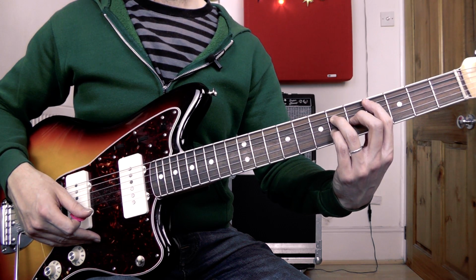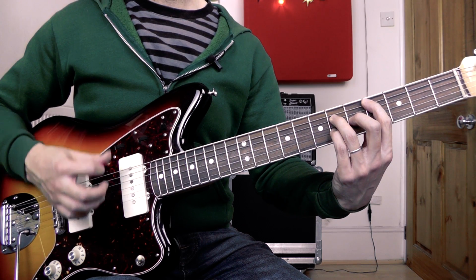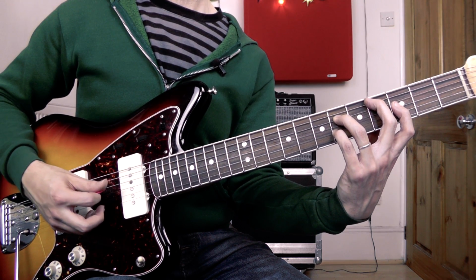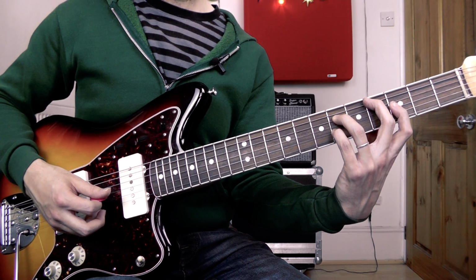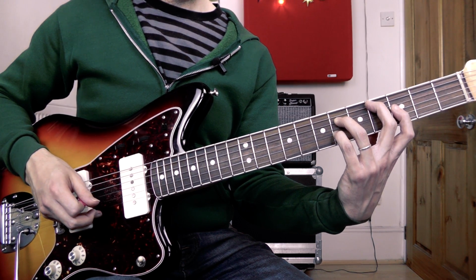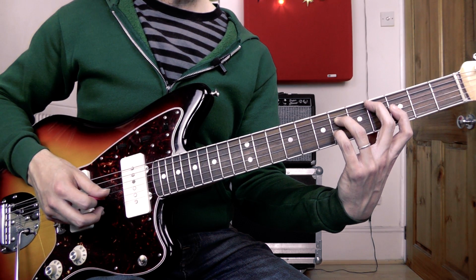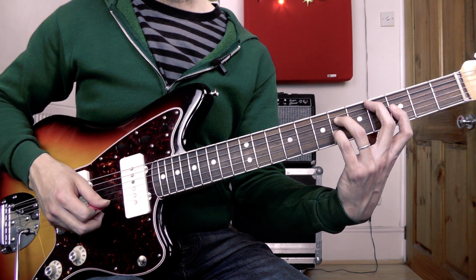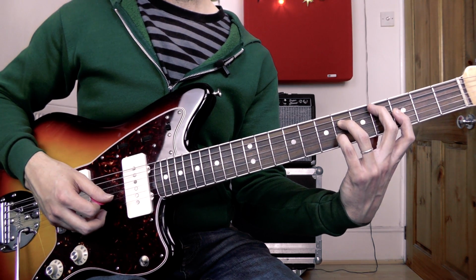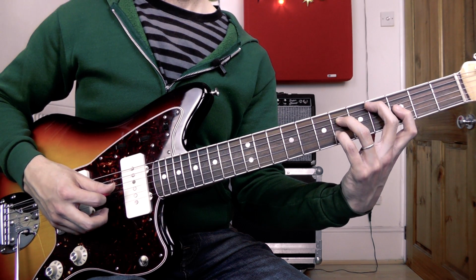Going to our 1 chord, our D flat major 7, strumming the chord, and I'm playing the melody note on top of the chord, changing to this, which is a D flat 6, I think. So it's 4th fret on the A string, 6th fret on the D string, 3rd fret on the 3rd string, and 6th fret on the 2nd string. Again, just strumming that chord, maybe playing the melody note one more time. Then going to this